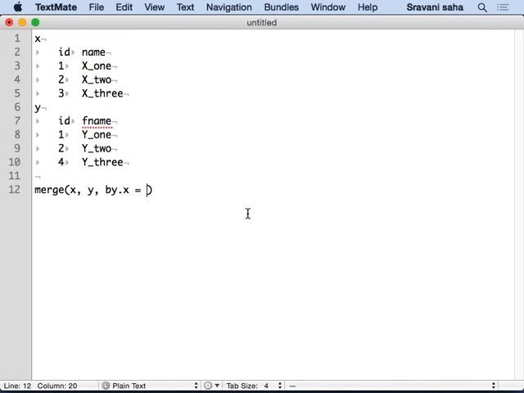So now if I say by.x equals ID and by.y equals ID, then what will be the result? X1, Y1, 1; X1, Y1, 1; X2, Y2. Correct. So we are saying